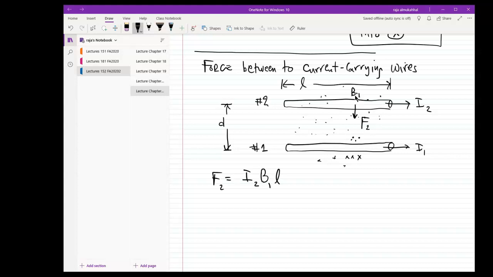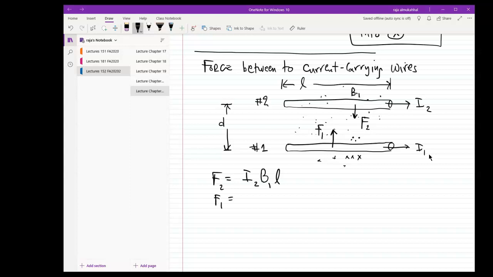You can pause this video and think about how I came up with it. The same thing, of course, is happening with I1. So you have I2 coming, with the direction of the current I2 going this way. And of course, I2 is also generating a magnetic field, B2, and that B2 is going to be felt, if you will, by I1. Eventually what you will see is that there will be a magnetic force F1